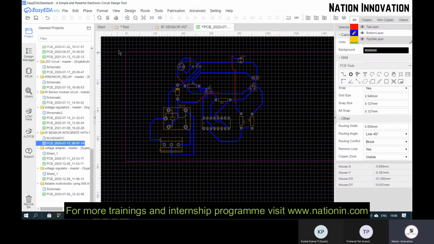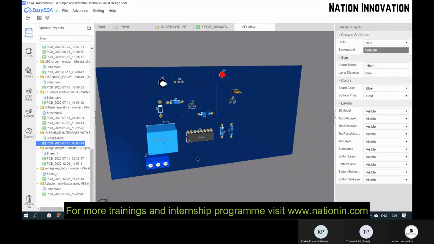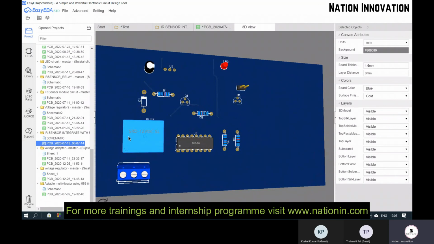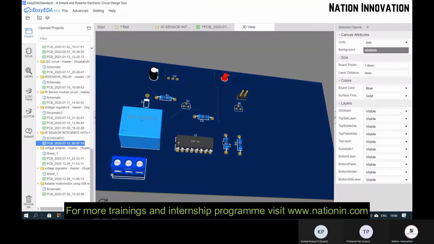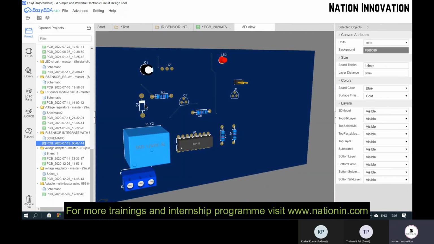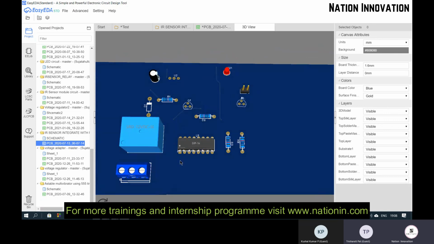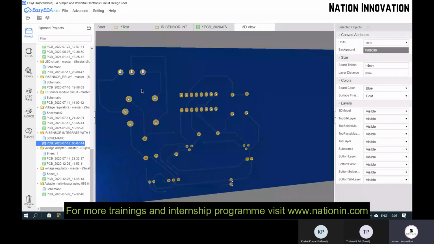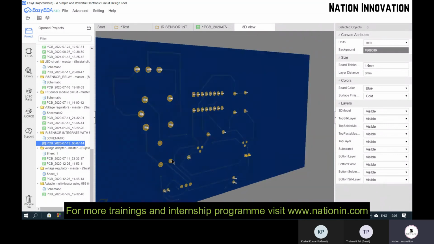So you can also see the 3D diagrams of that. These are the 3D diagrams of whatever you have designed. So this is the footprint, and above that footprint we have placed the components. Ma'am, here all the things are through holes, right? Yeah, all are through hole components. You can see the components are placed on the holes. So you need to solder the components on the bottom layer.